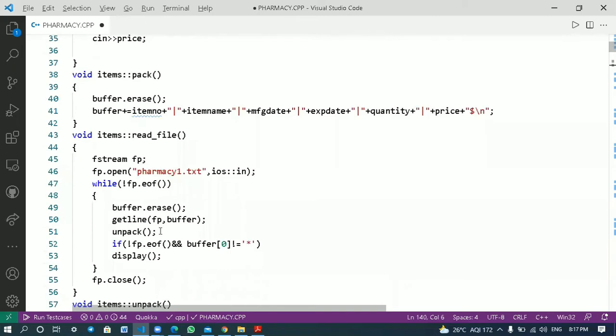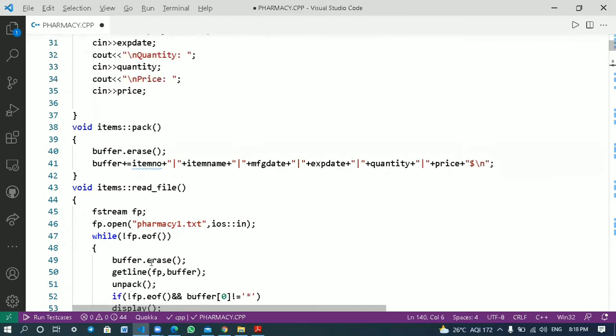Here, after the unpack function, we are checking whether we have reached the end of file, and buffer of 0 is not equal to star, where star represents the deleted record. If that is not the case, then we are going to display the record. For displaying the record,